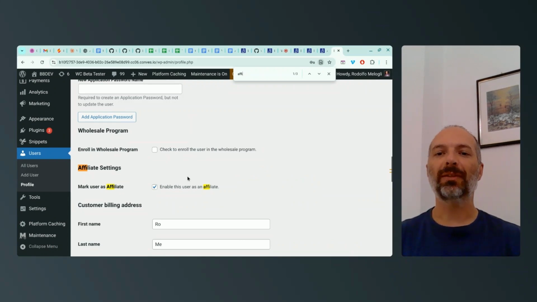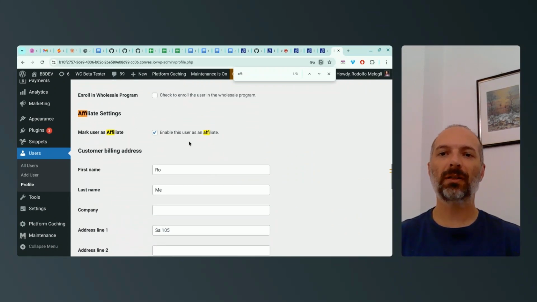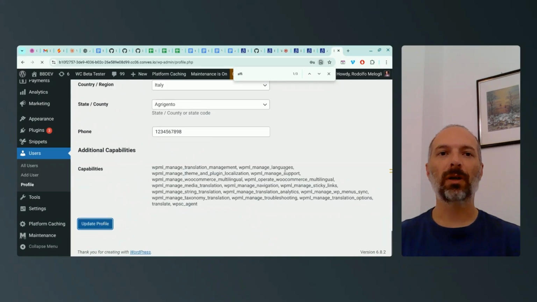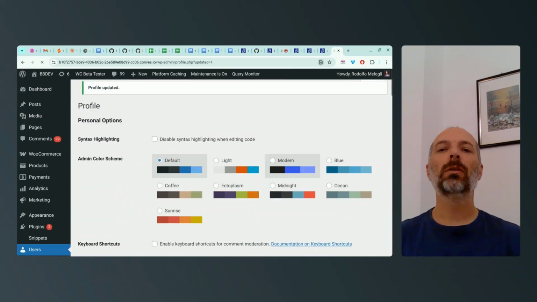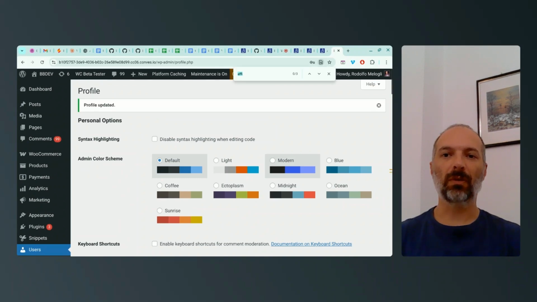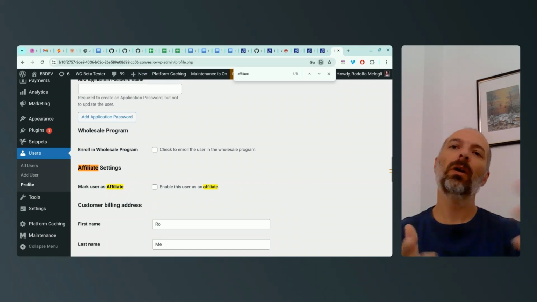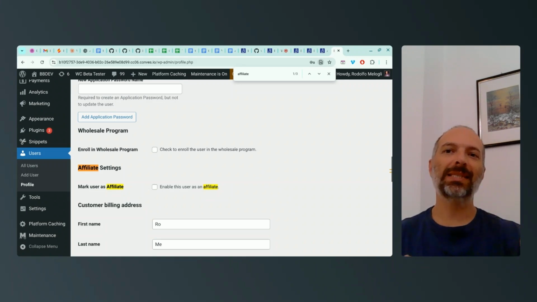We've got user meta defined, and if I uncheck this and update the profile, it should also lose the text box. Perfect. So I'm the admin and I'm now able to define whether each user of my existing website is an affiliate or not. So first phase has now been done, and now I will go on step by step through the